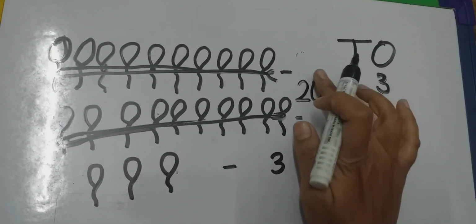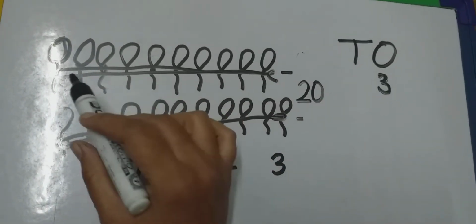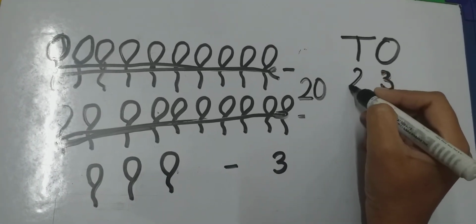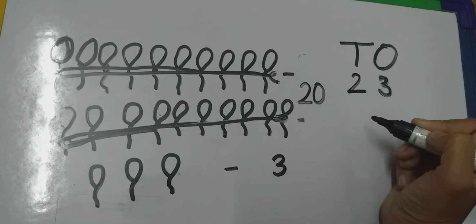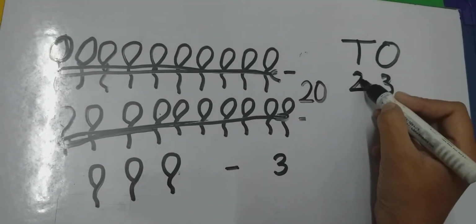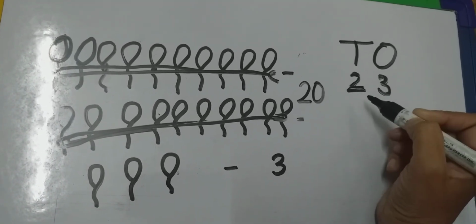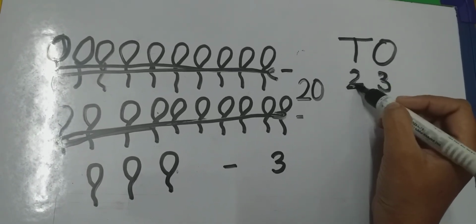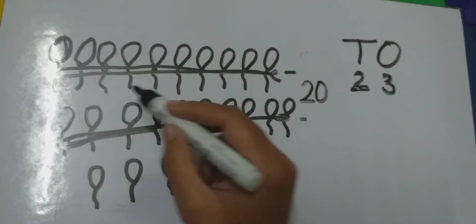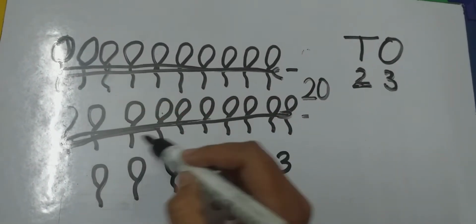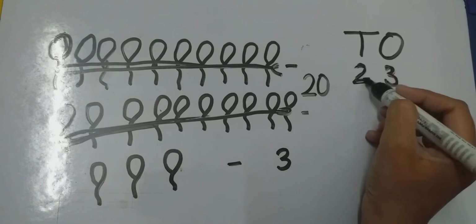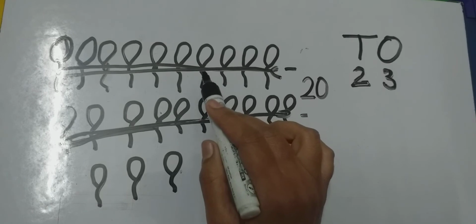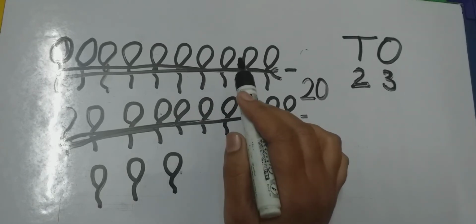2 bundles. We have 2 bundles. So we have to write here 2. Okay, so 2 comes under tens. 2 कहाँ आएगा? टेंस में आएगा क्योंकि बंडल है. कितने बंडल्स हैं? 2 बंडल्स हैं तो ये टेंस में आएंगे, because the bundle of balloons, 1 bundle is